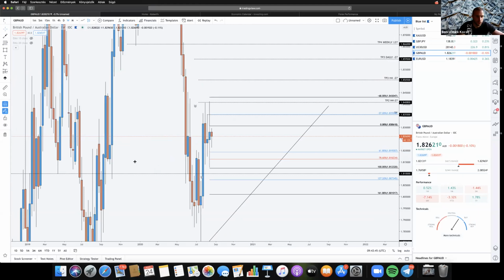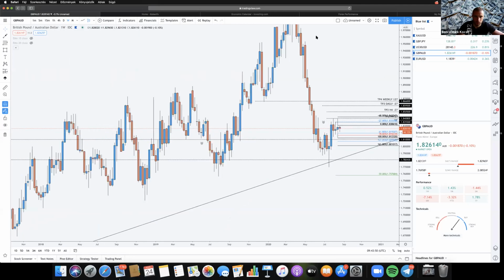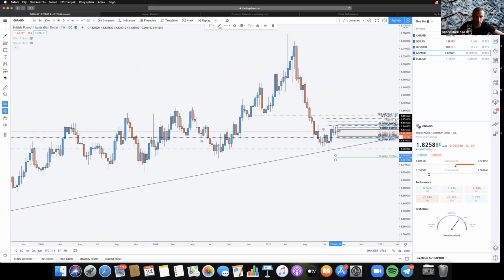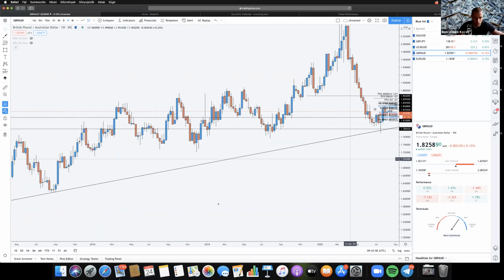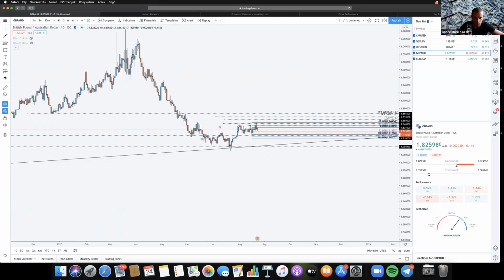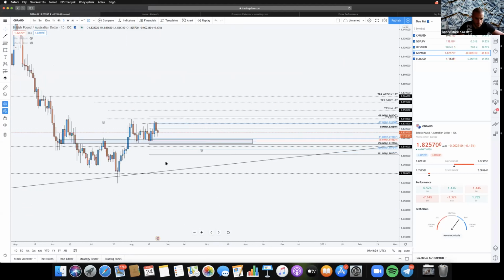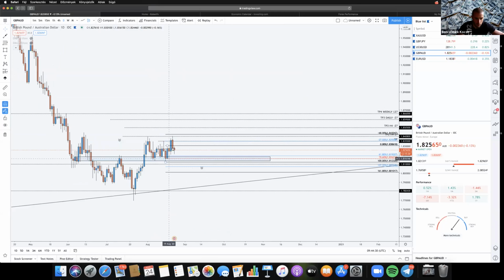Okay, so in the weekly we can find the price basically respected the trend line, and after it started to reverse, if I zoom out a little bit, you can see very clearly the price looks like rejected on the trend line. Also, it's an extremely strong support and resistance level. Last week, we can see just consolidating. The previous support resistance level is still respected, and I think I place this Fibo in the middle of the week, and you can see the price came back to the minus 27,